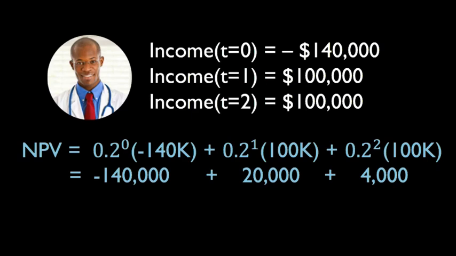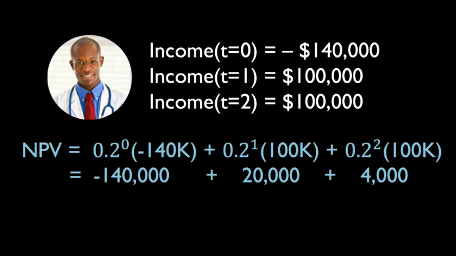Okay, the next term is going to be $20,000. Again, pause for a minute. What is actually true when this guy looks down the path of his life is that he will see that in the second time period, he's going to be making a full $100,000. But he's kind of impatient and he doesn't like waiting. And so he's only going to value those $100,000 at a level of like $20,000. The last term is going to be equal to $4,000.